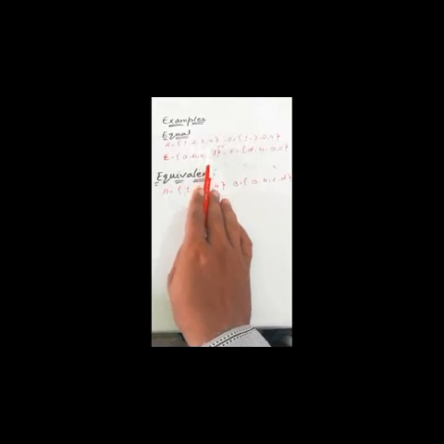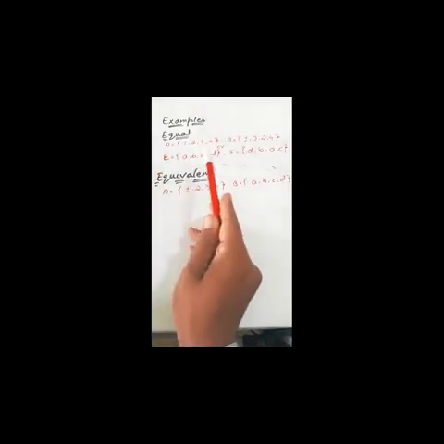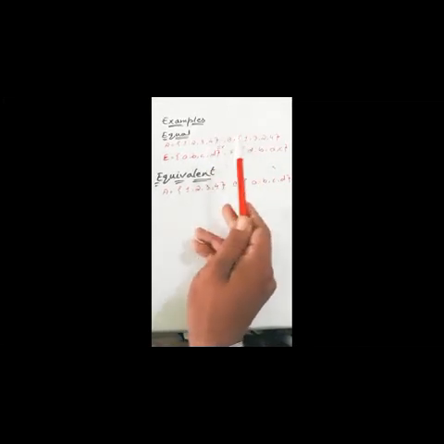Dear students, the examples of equal sets and equivalent sets are as follows. Let's talk about the equal sets first. As you can see here, there is set A that is 1, 2, 3, 4 and B is having 1, 3, 2, 4. They both are equal. Why are they equal? Because the number of elements is the same and the elements are also the same. You have noted here the order is not same, but the elements are same.